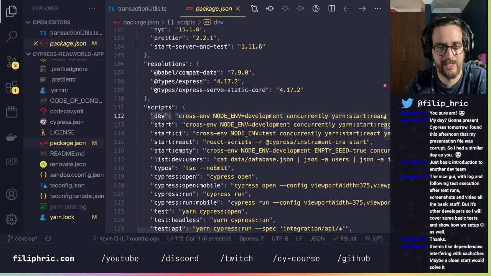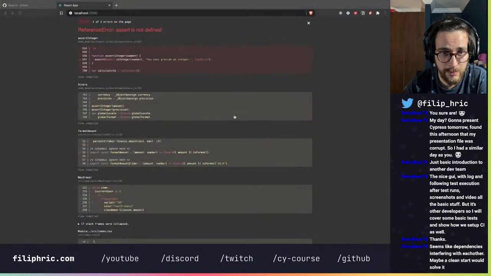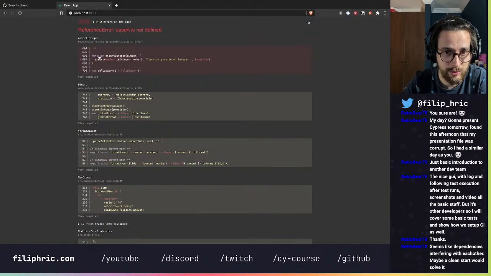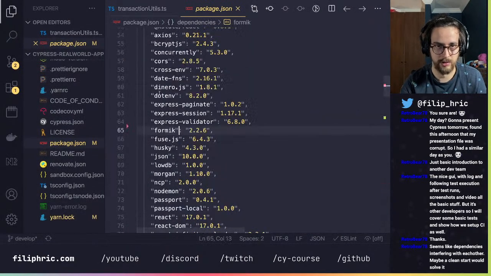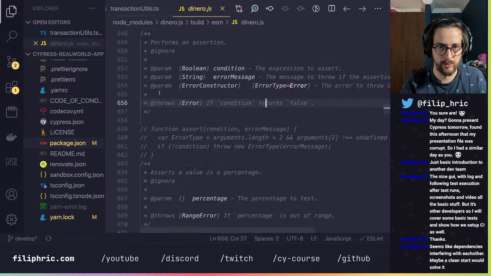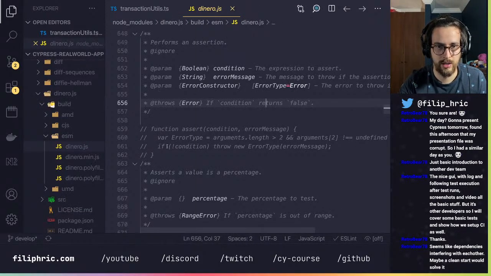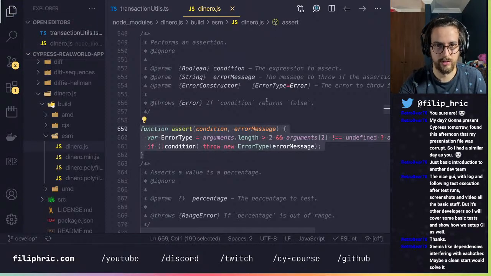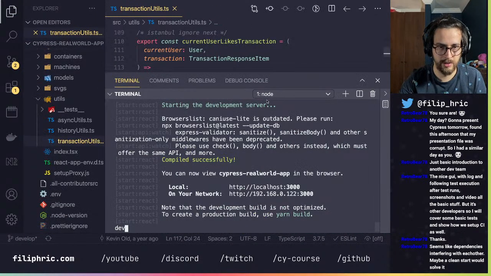So it kind of makes sense to run the dev instead of start. Doesn't seem to be doing any difference. Let's see, where were we? I mean, yeah. Just going to do Control Z on this.